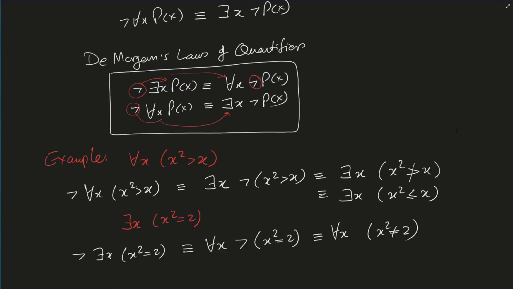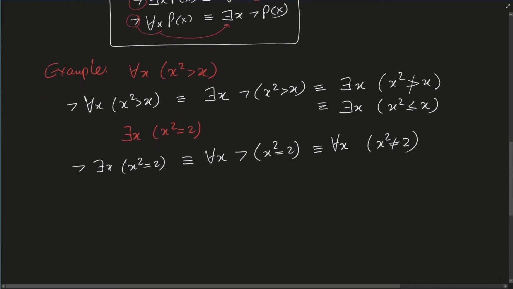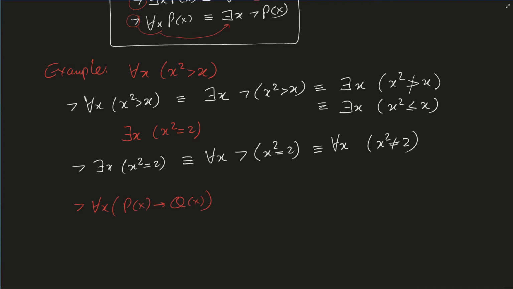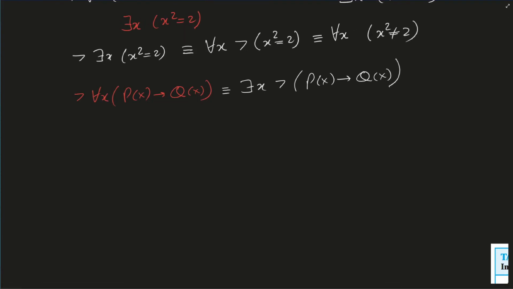Let's take a more expressive example. Let's say we want to negate: for every x, p of x implies q of x. Now, when we apply De Morgan's law, this is equivalent to there exists an x such that not (p of x implies q of x). Now we can further rewrite this, if you recall, using the truth table